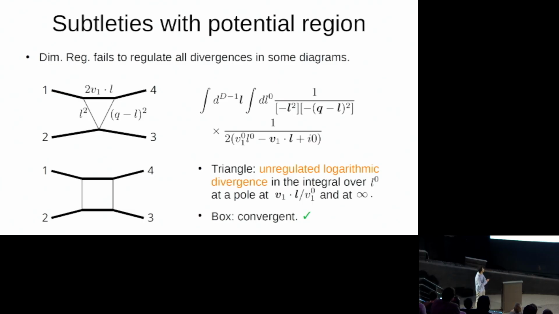I will just briefly mention that if you do amplitudes rather than worldline, there are some subtleties with this so-called potential region, in that there are unregulated logarithmic divergences. So when we do dimensional regularization, our philosophy is that we never want anything of superficial degree of divergence 0. We want something whose degree of divergence is something like 2 epsilon or minus 2 epsilon. But strictly degree 0 logarithmic divergence is bad. We don't know how to do it in dim reg.